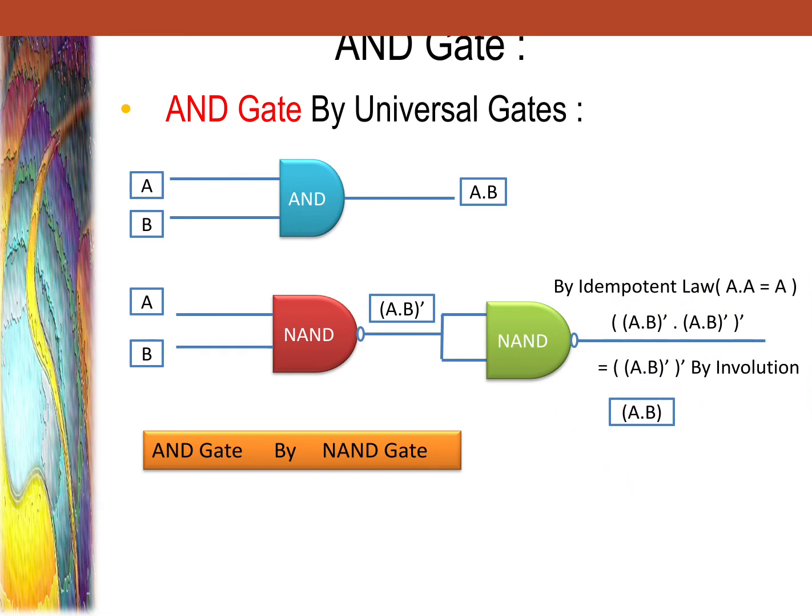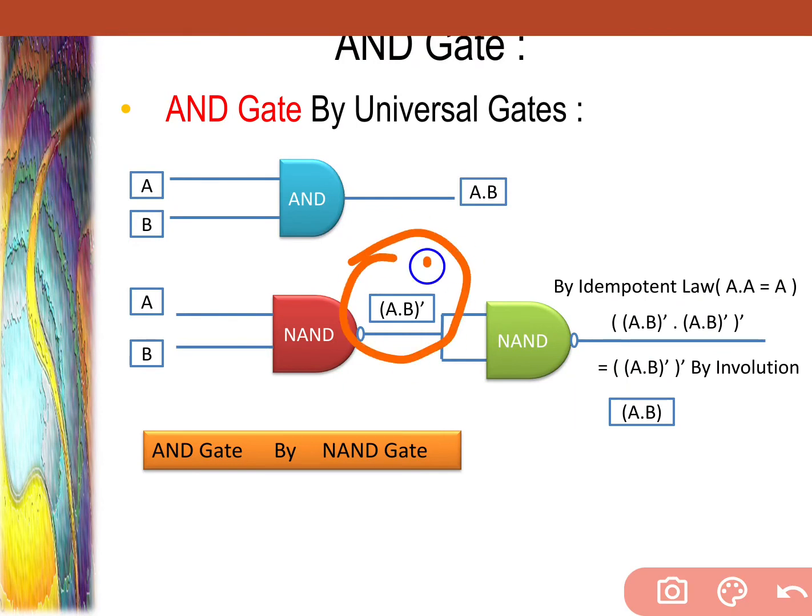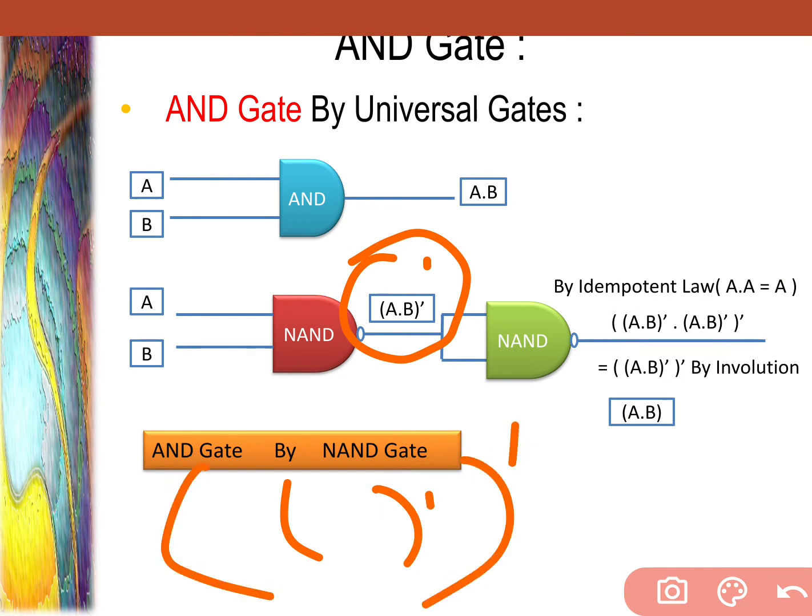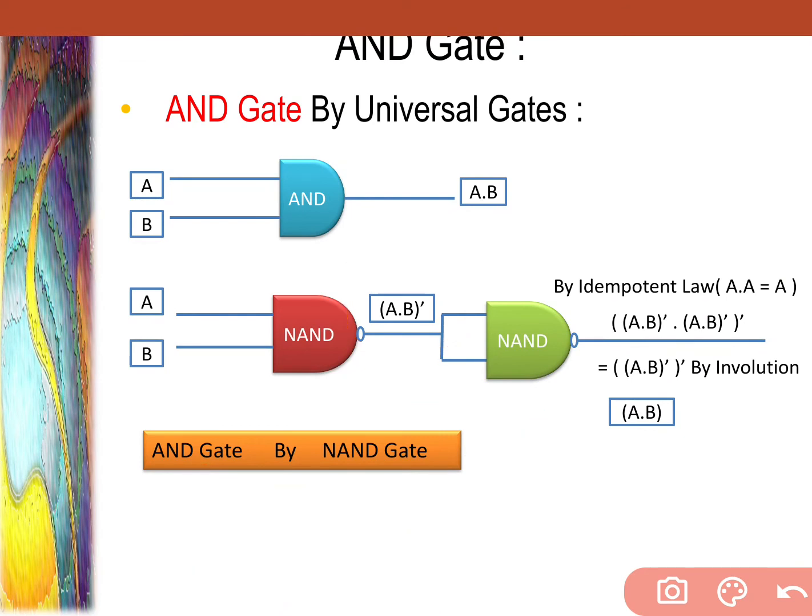See, in this way we can create our AND gate with the help of the NAND gate. We have the same answer but with a dash, and we have to remove this dash. Then what do we have to do? Again we have to send one more dash, so that the dash will be cancelled. The same thing I applied here by sending one signal and splitting it into two parts.